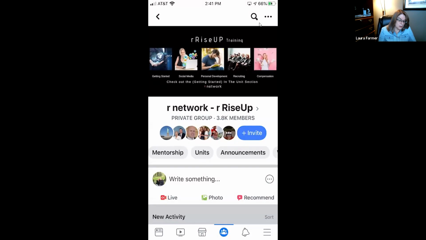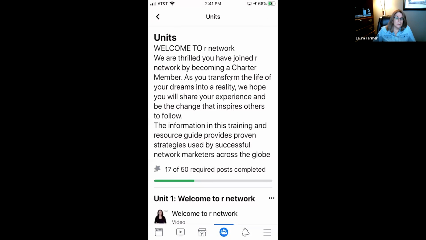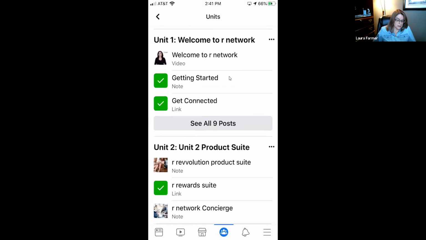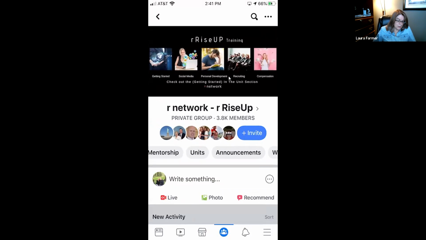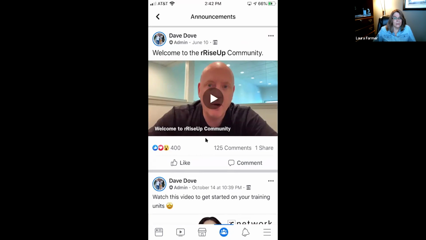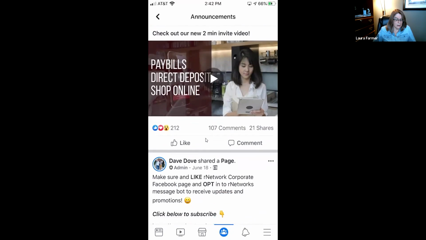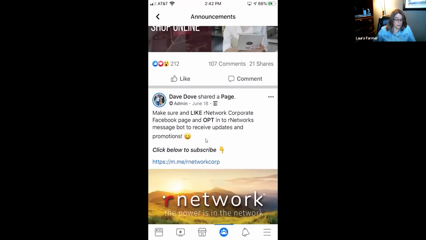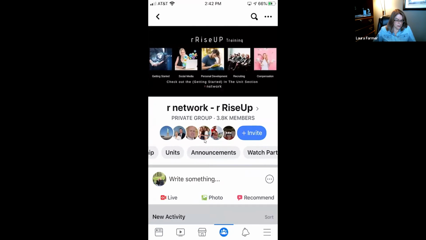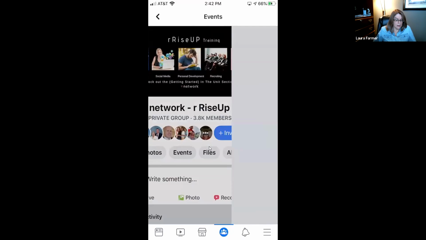So as we go across here, the units, we know what the units is all about. The units is going to come up, and it's going to show you all the things that Cindy was talking about. And then announcements. If you click on announcements, you're going to get the most recent things that have been in the group, and you can just scroll down through there and find what you're looking for. You can do a watch party. There's photos, events. If there's an event for our group, like a live meeting or anything like that. The files,